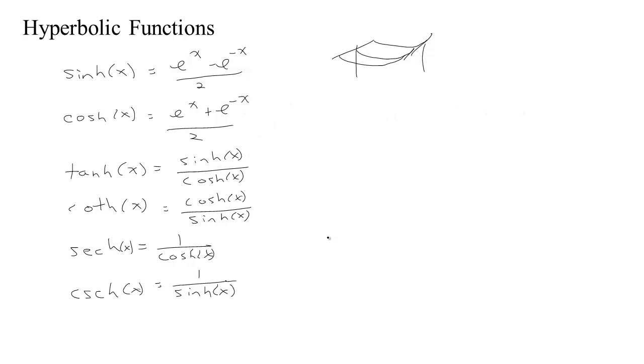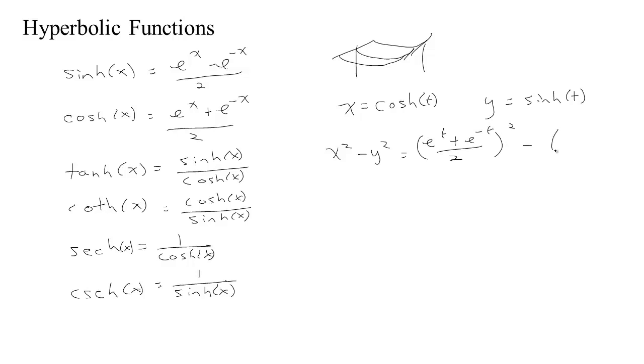Okay, so another property that they have that makes them nice and gives them their name, hyperbolic: if I were to make my location in the plane a function of t by letting x be the cosh of t and y being the shine of t, so if I were just using these two functions to determine my x and y location, then x squared minus y squared would be (e to the t plus e to the negative t over 2) squared minus (e to the t minus e to the minus t over 2) squared, which,